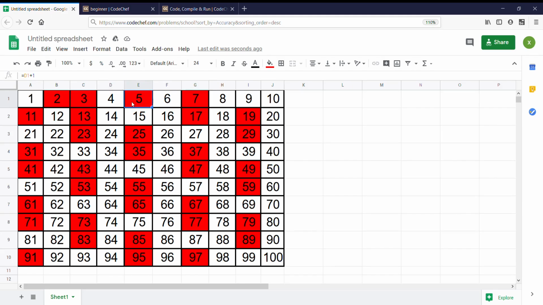The next number we see is 5. Since it's a prime number, we mark its multiples as non-prime numbers, which are 10, 15, 20, 25, 30, 35 and so on. The next number is 6. It's not a prime number, so nothing to do for that. The next number is 7. We mark its multiples 14, 21, 28, 42, 49 and so on as non-prime. 77 and 91 were marked as prime earlier, so we make them non-prime. We keep on doing this for the other numbers. Now we are left with only prime numbers marked as red.